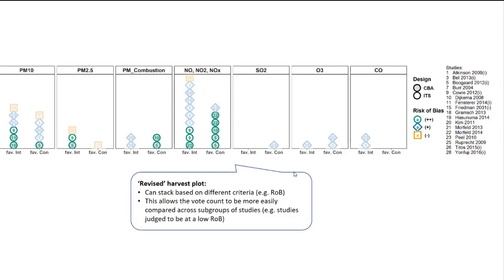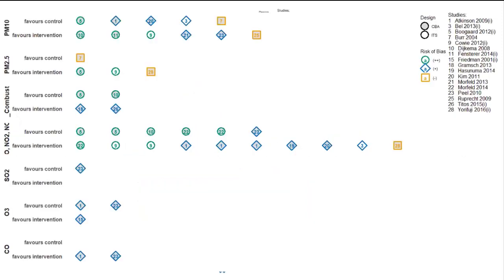So I think this is a type of plot that could be useful. You can stack them this way if you desire. Some people prefer to read down the page for each of the different outcomes. And on the next slide, we can see, as Jo was talking earlier about the p-values,